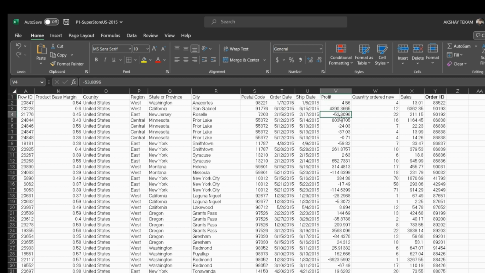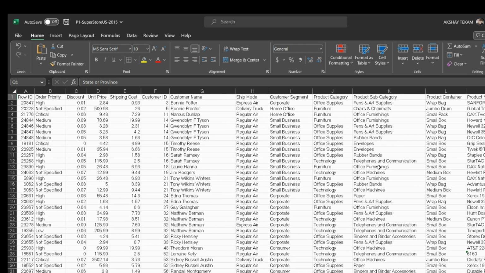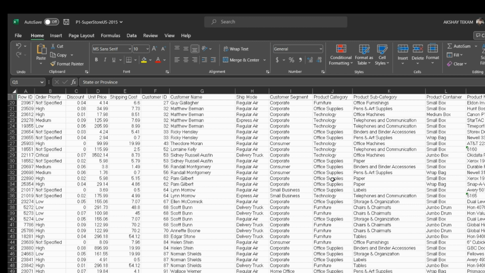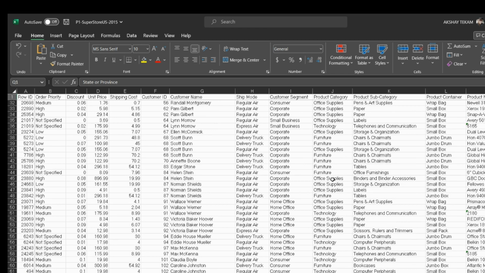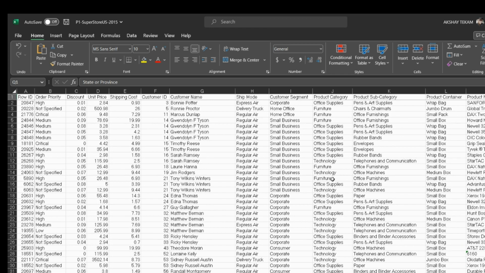The minus value indicates loss, the plus value indicates profit. City, country, region, state or province, all of this. So just reading this data is not enough. We sometimes want a visual representation to get the idea, right? So